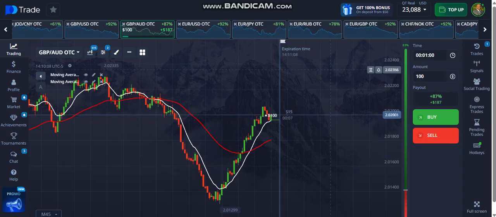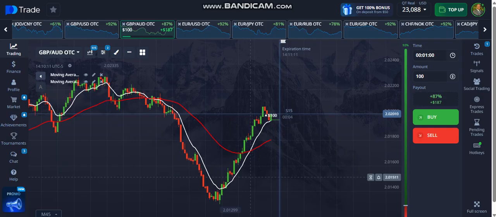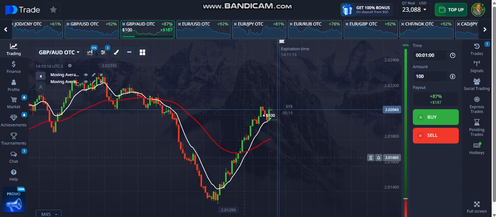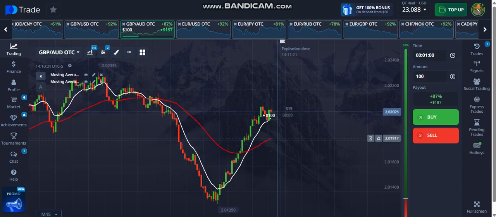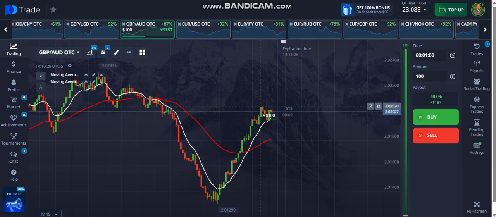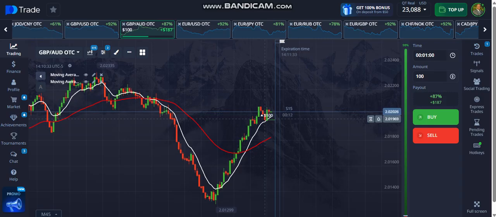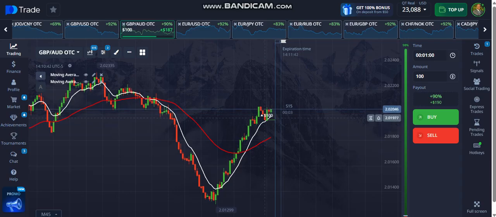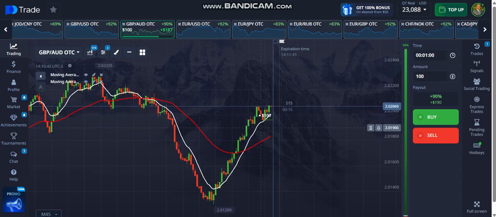Okay, so I'm back on the Great British Pound Aussie dollar. Now, what you do is wait for the 10 EMA to cross the 50 EMA here, and wait for the pullback. As you see here, the price keeps coming up. And then what I did is I waited for that first pullback to the white line, and then I took the trade. I took a buy trade there because the price is respecting this white line